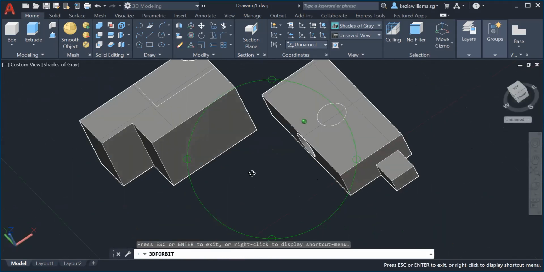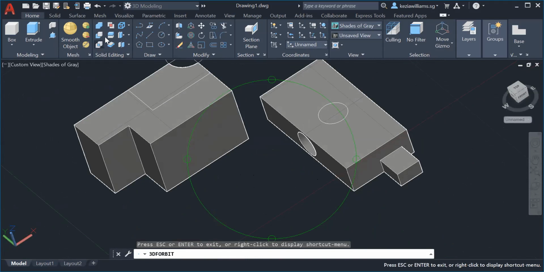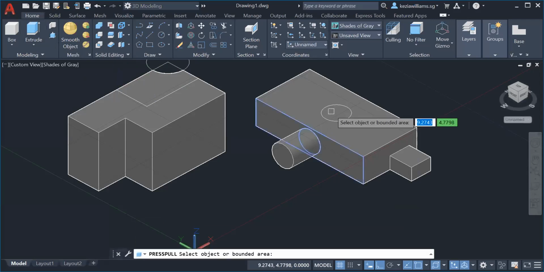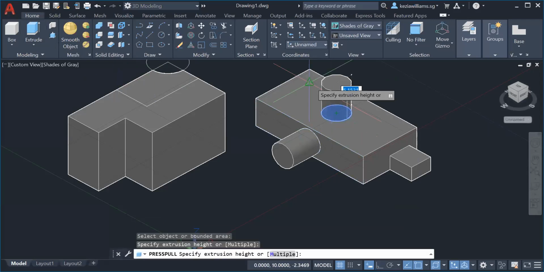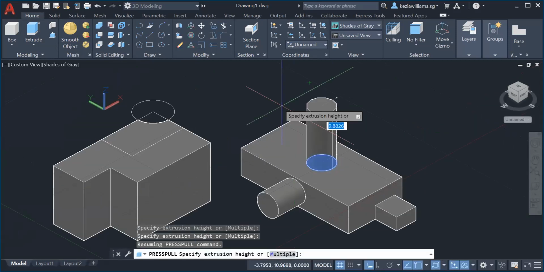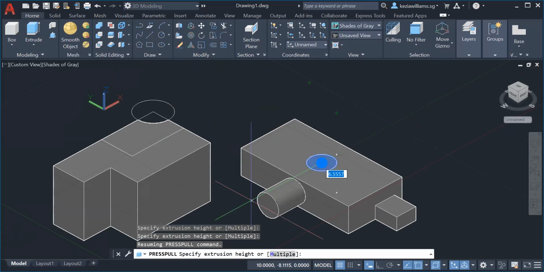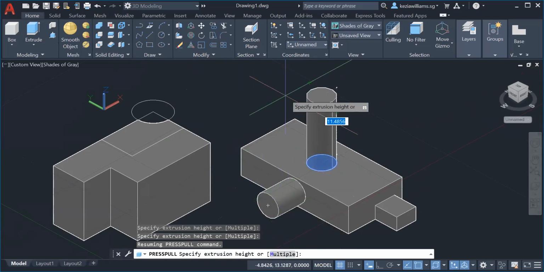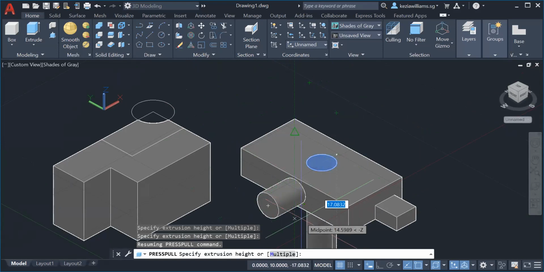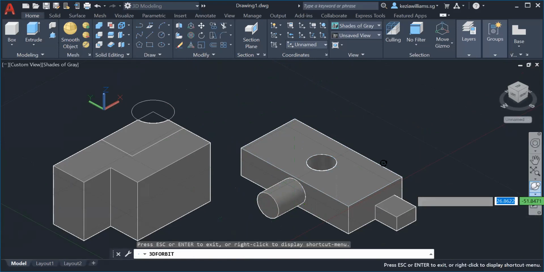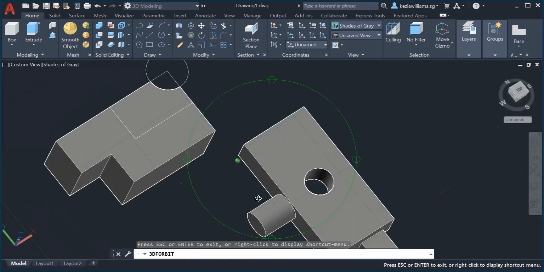Yes. For example, I undo here. Maybe I click here. If I go here, you will add material. Understand? If you go here, it will add material. If I go down, it will cut material. You want to see? If you go up, it will add material. If you go down, it will cut material. See? Because I go down and cut the material.